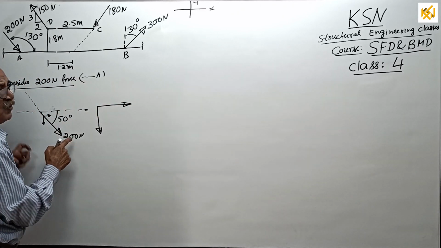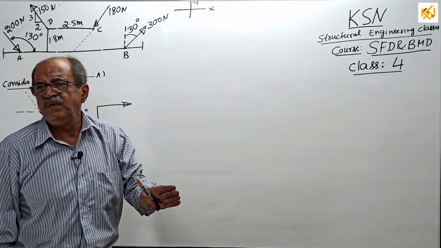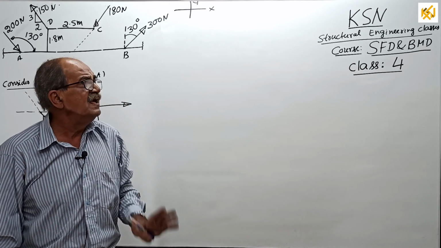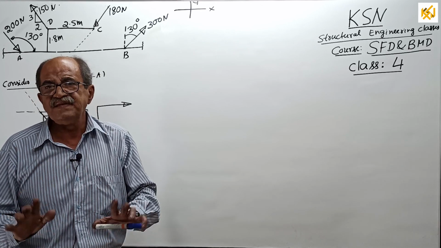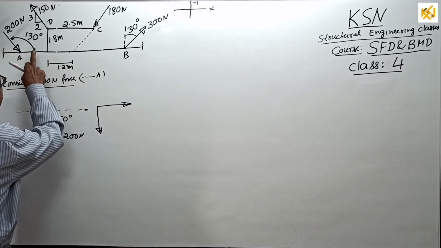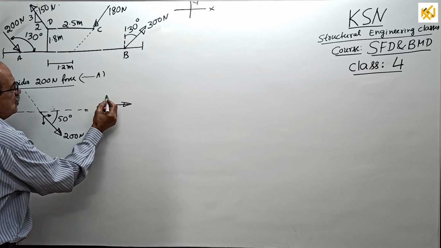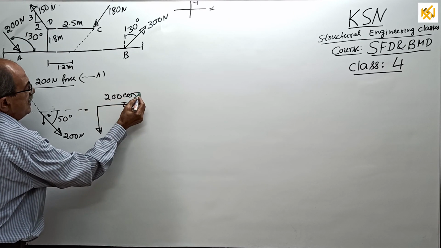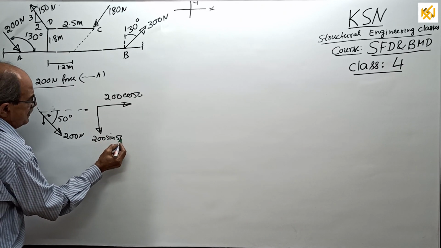X component. From now onwards, you don't have to think, because we consider the angle with x direction, and also we have taken the precaution that the angle is with the nearest x, or it is always less than 90. So no sign is required now. If you take this 130 degrees, then sign is required. I will tell you afterwards. So this is 200 into how much? Cos of 50. This is 200 into sin 50.